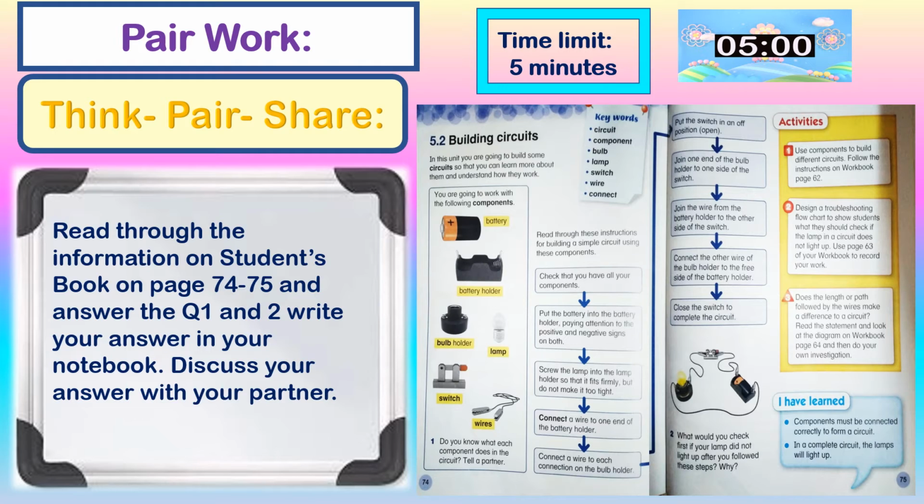And then put the switch in an off position or open position. Then join one end of the bulb holder to one side of the switch. You're going to join the wire from the battery holder to the other side of the switch, and then connect the other wire of the bulb holder to the free side of the battery holder, and then close the switch